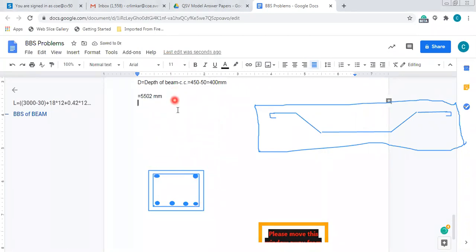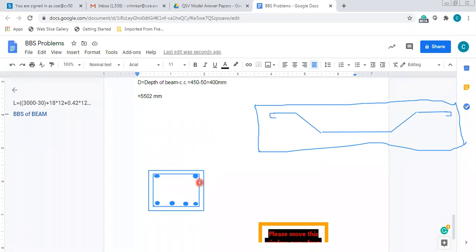5502. After getting the length of the bent up bars, now additionally, there are 2 bars provided at the top. These are nothing but your anchor bars. Whenever you are dealing with beam construction, you are going to see such a picture. At the bottom you have the 2 main bars and at the top you have the anchor bars. Always remember that. As we have 2 anchor bars which are straight in nature, these are not bent up.